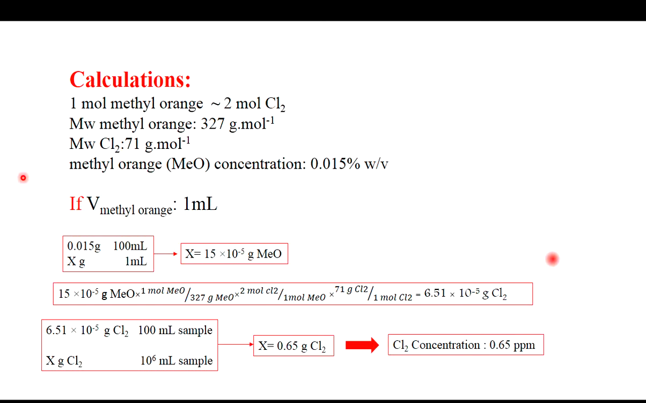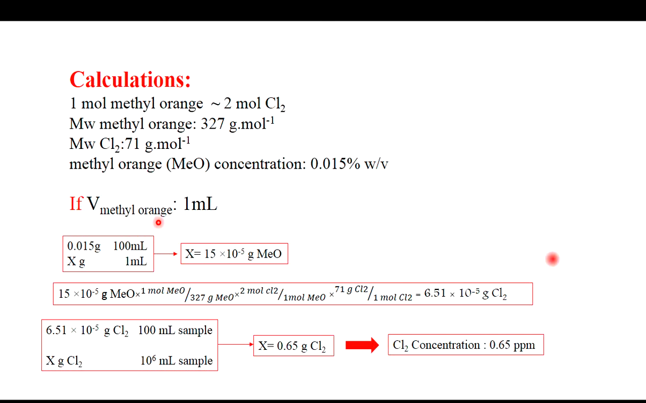In the calculation part, we need this information. 1 mole of methyl orange reacts with 2 mole of Cl2. Molecular masses of methyl orange and Cl2 are important, and we consider that the methyl orange concentration is 0.015%. We are calculating for Cl2 in 100 milliliter of water. Assuming that 1 milliliter of methyl orange is used for the titration of an unknown amount of chlorine in 100 milliliter of water,